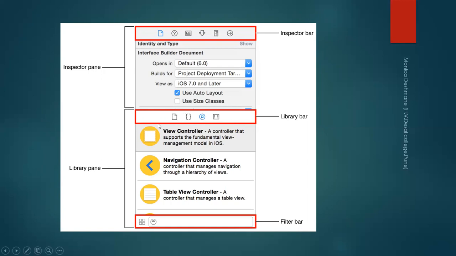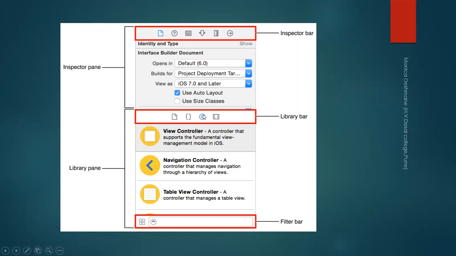Then there are some tools provided under the library bar. Under the library, you can have this file template. Second, these tools are there to get particular information: this is the code snippet, for whatever code you have in your project or particular file.